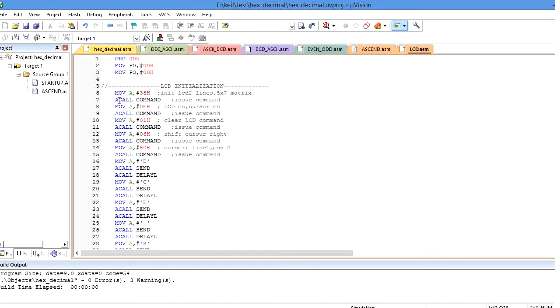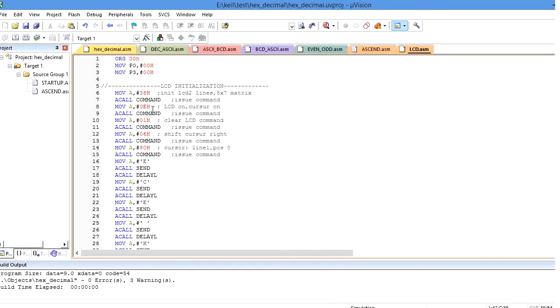So how can I know whether it is command or data? By writing the function called ACALL command. Whenever I call this function, whatever data value is being sent from the accumulator is a command here. Similarly, next I want to make the LCD on as well as the cursor on.